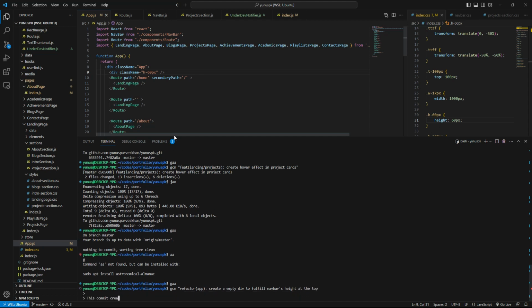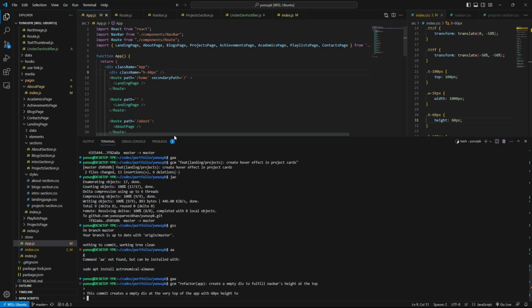This commit creates an empty div at the very top of the app with 60 pixel height to cover up the relative height of the navbar.